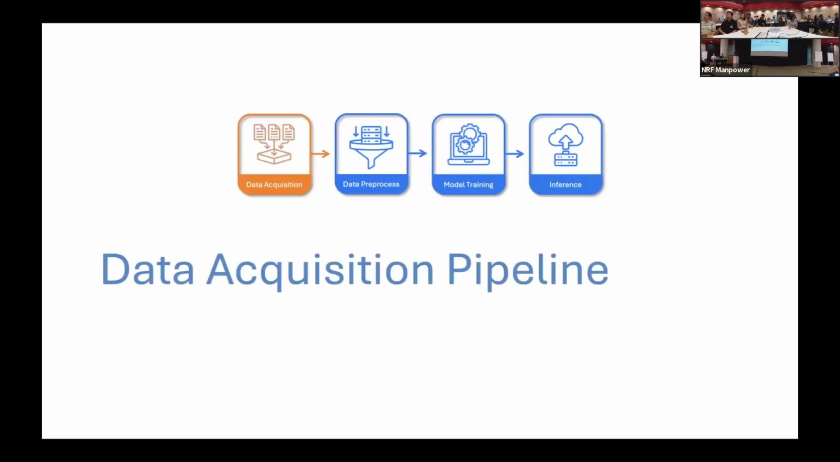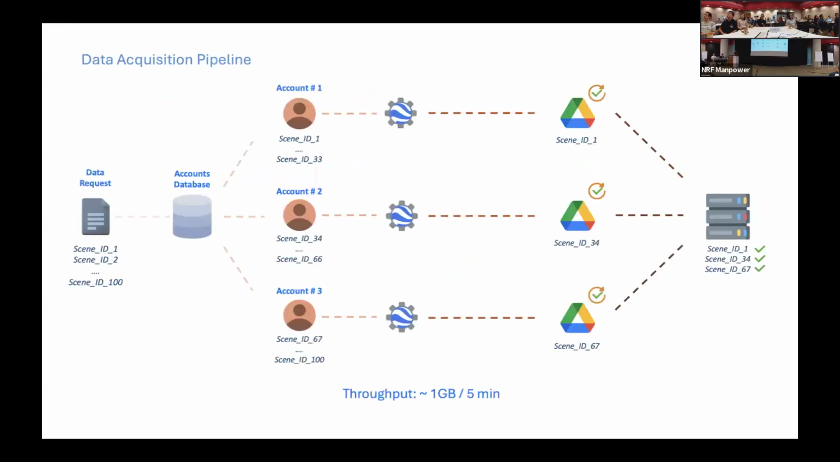So let's take a look at the first component, the data acquisition pipeline. And here we require a list with the IDs of the scenes that you want to acquire. Then when the user submits a data request, this list will be equally distributed among many accounts. And then each account will submit an export task job that will export the data from the Google Earth Engine repository to the Google Drive that is linked to that specific account. Then when that data is stored in the Google Drive, we will automatically begin a download task that will retrieve the data from the Google Drive and store